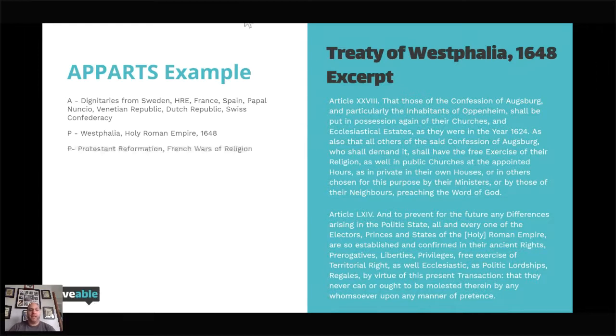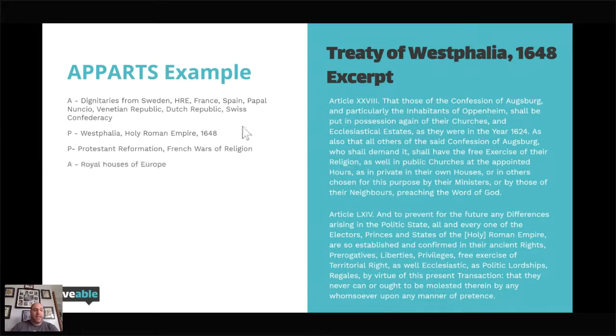And then we look at the next P, which is prior knowledge. This is where it really helps you understand what happened to start the 30 Years' War and how that is shaping this treaty that ends it. So the Protestant Reformation, knowing people like Martin Luther, Zwingli, Calvin, and Knox, knowing how it's different in the German Reformation versus the French versus the English Reformation, the French Wars of Religion and the War of Three Henries. All of these are prior knowledge that can help you understand why what's put in here is put in here.